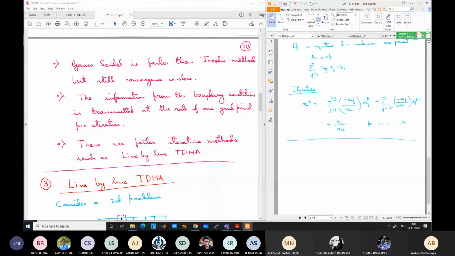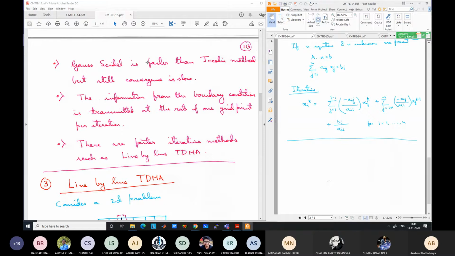So both these schemes that we have studied are known as point by point iterative schemes, or point iterative schemes. Point by point you are going. You are not utilizing the nature of the domain, whether it is 2D or 3D. You are just checking the equations. If there are 100 equations or 1000 equations, you assume there are 100 points, and each point you go through one by one.